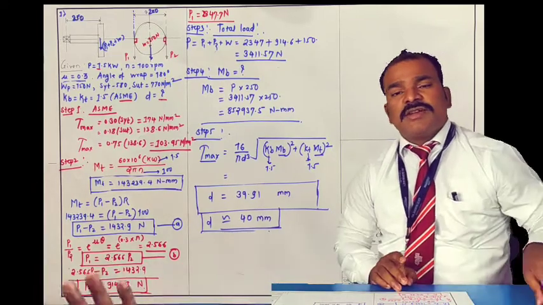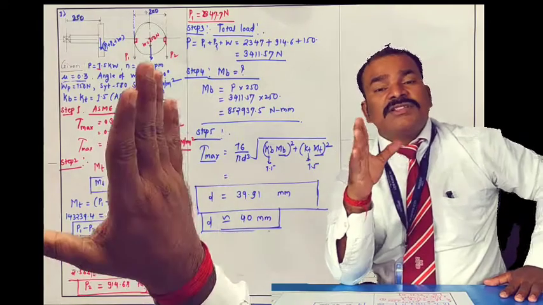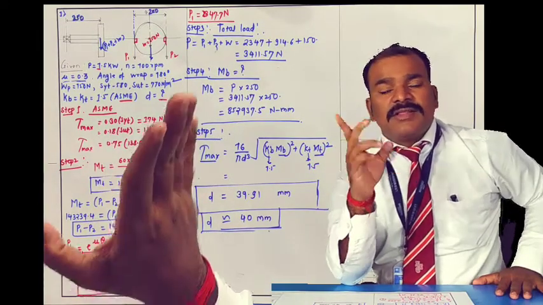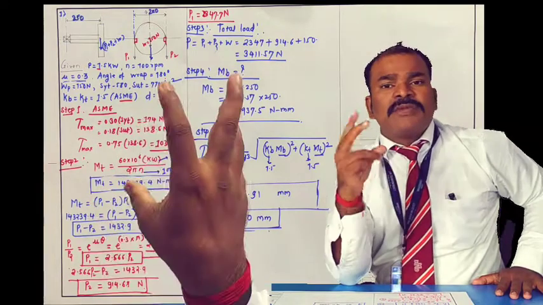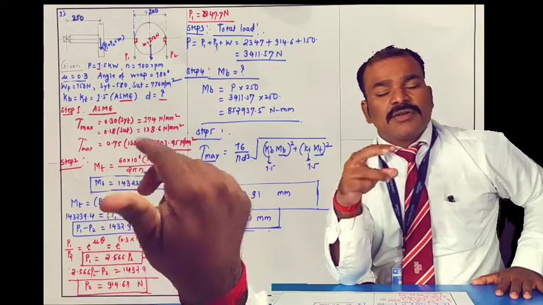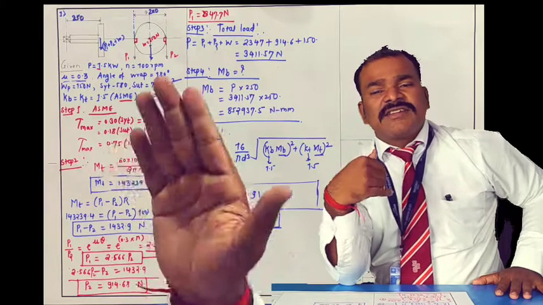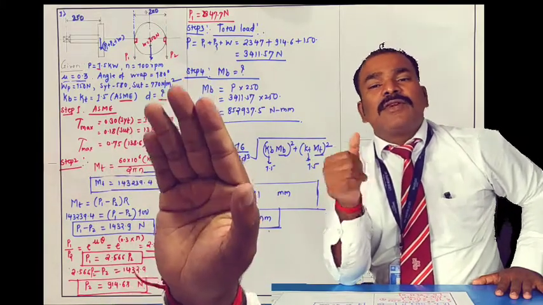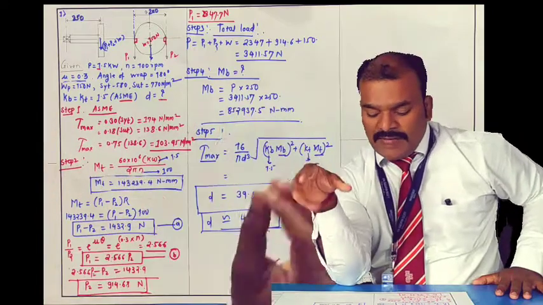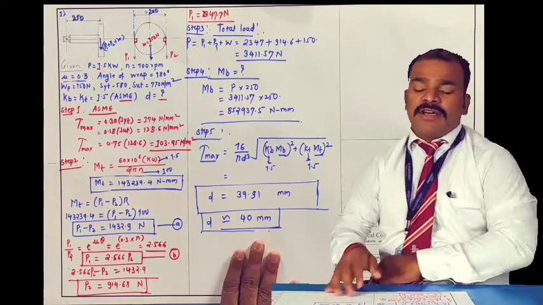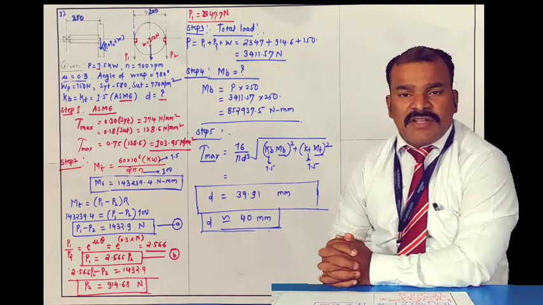Such kinds of numericals will be asked for ASME code. So for that you will have to consider the design procedure very carefully. The first step is to calculate the permissible shear stress as per the ASME code. The second step would be torsional shear stress, torsional moment MT. The third step will be P1, P2, tension on the tight side and slack side. The fourth step will be to calculate bending moment, and fifth we can use the direct formula. In that we'll put in the values, and we'll get the direct value of the diameter. I hope it is clear. So you can just revise these things.